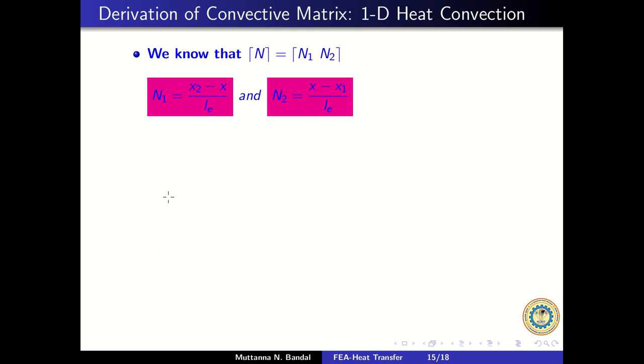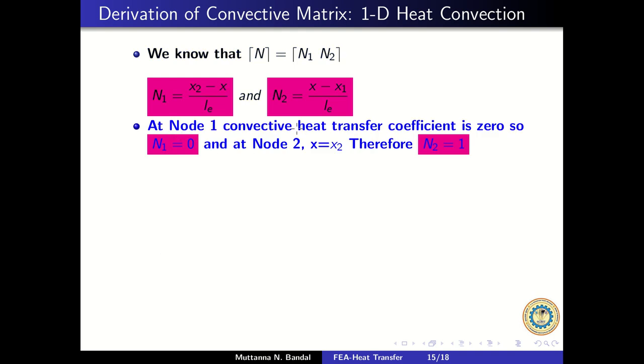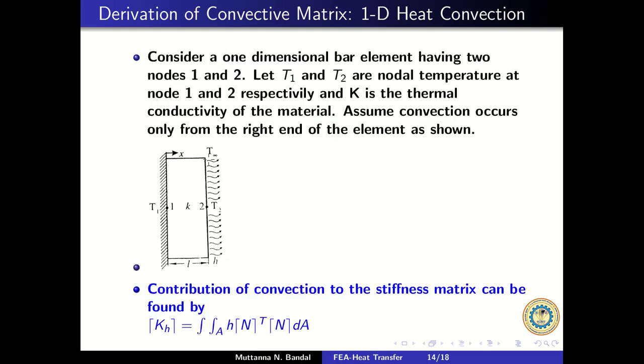So that's the reason at node 1 we can take N1 directly as 0, and at node 2, x equals x2, (x2 minus x1) divided by LE, divided by LE. I will be getting 1,